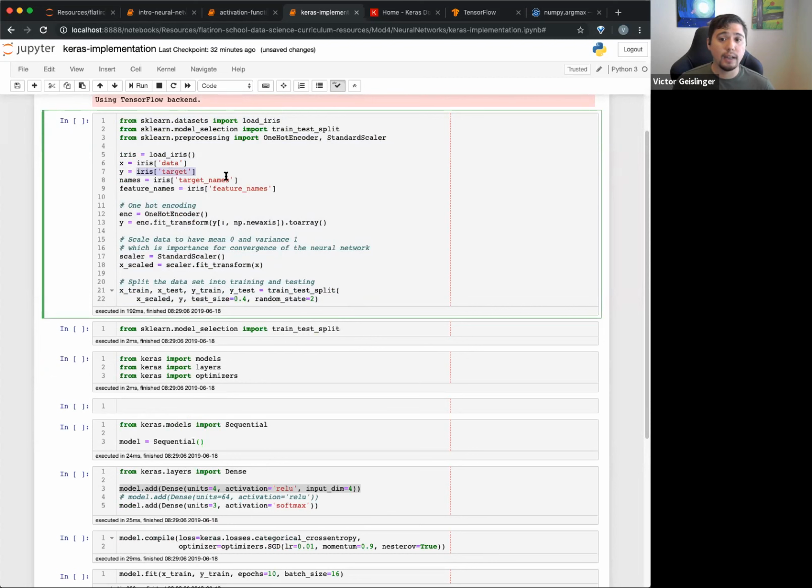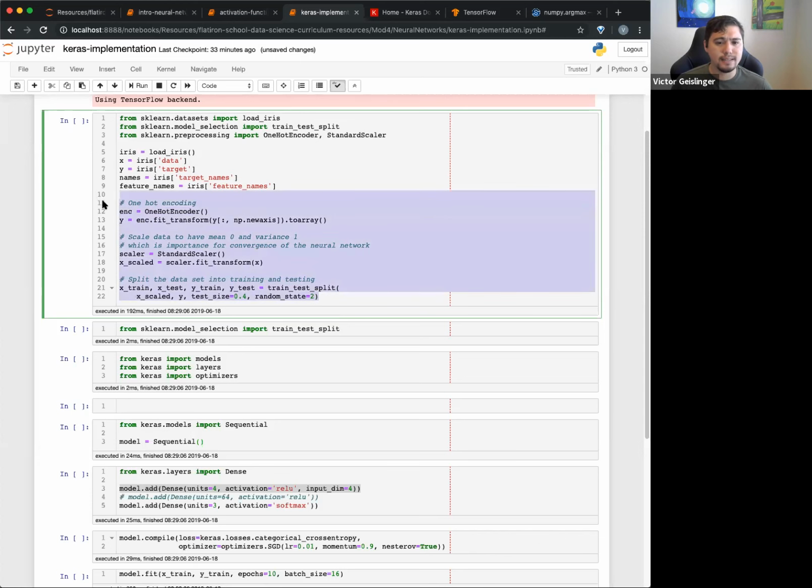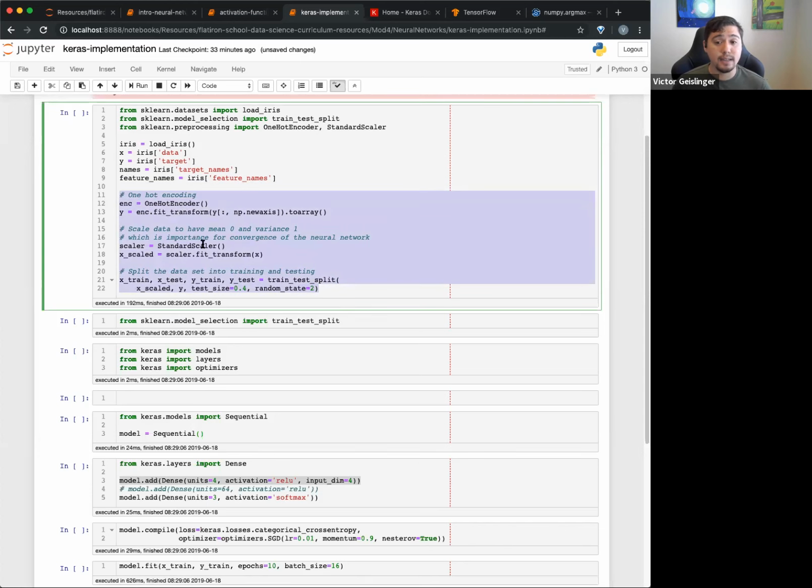We hit our target. You can see here, I'm just getting the feature names, which is not super important because we're just doing one hot encoding, right? And then we have the scalar. We don't necessarily have to do this, and I don't remember where I got this code. I think I just borrowed it to load in a data set. And you can see I get my X train, my X test, my Y train, and Y test, right? So we can train our model and then test it afterwards.